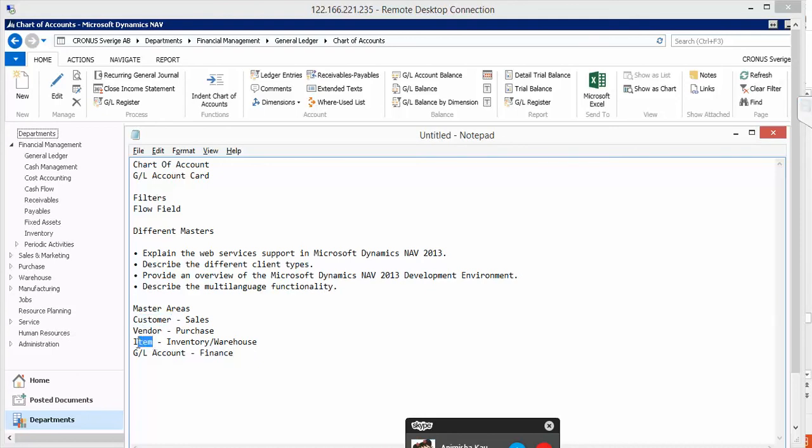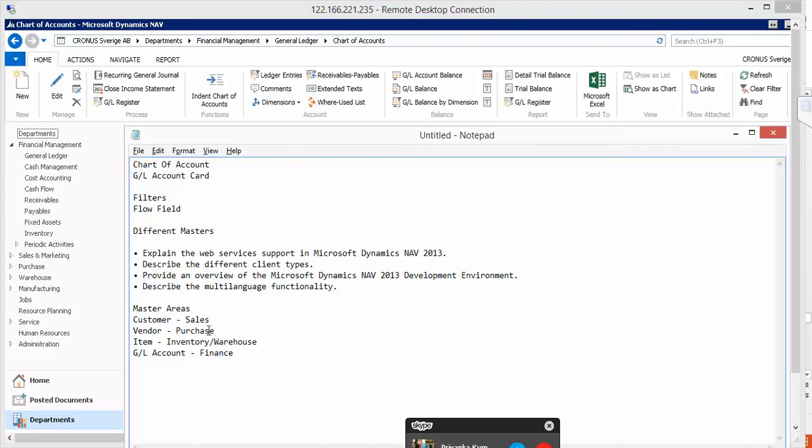So the entire sales area circles around customer. We create sales quotes, sales orders, sales invoices, posted documents, everything circles around customer. A customer is needed. Purchase, we don't need customer, we don't need anything else, or the GL account. Yes, item we need because that is a selling one, but vendor, without vendor we cannot do that. On a purchase I can select some services also which may not be an item. So for services I can select GL account on the purchase order, but